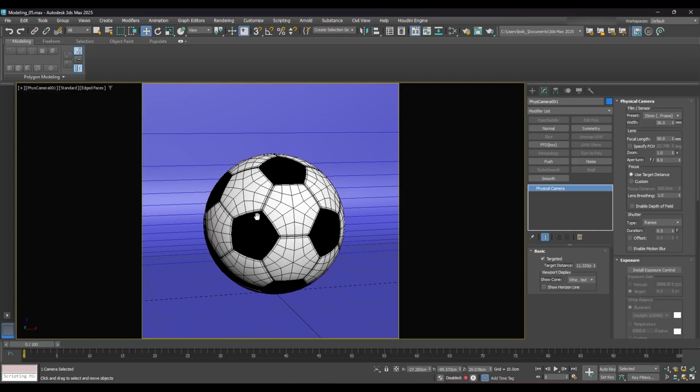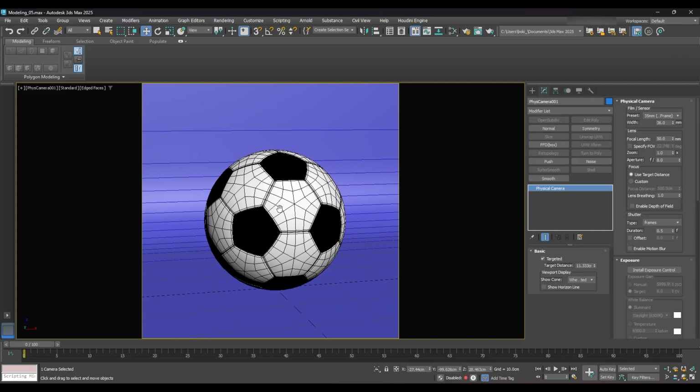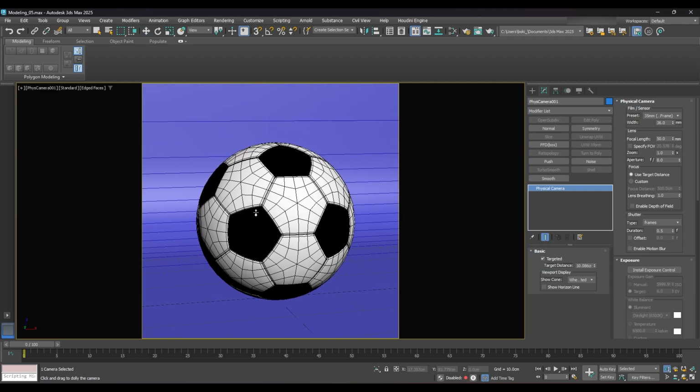So we're just going to position our ball in the center here, and maybe even go a bit closer, something like this. So right click to disable the tool,